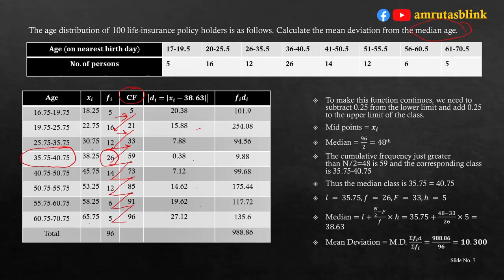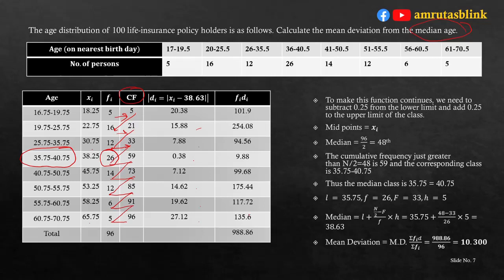26 into 0.38 is equal to 9.88. 14 into 7.12 is equal to 99.68. 12 into 14.62 is equal to 175.44. Then 6 into 19.62 is equal to 117.72. 5 into 27.12 is equal to 135.6. So in the last column we have found all the values of fi into di. Now the summation of this column is equal to